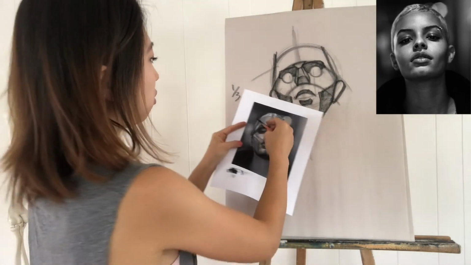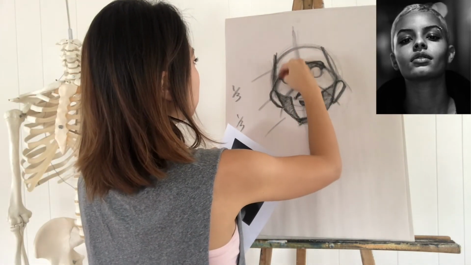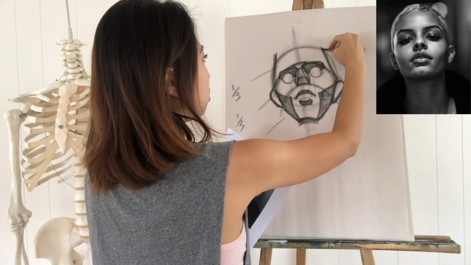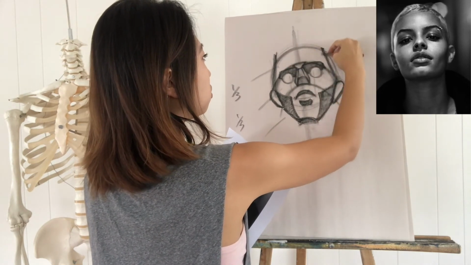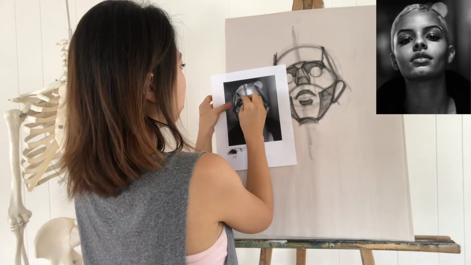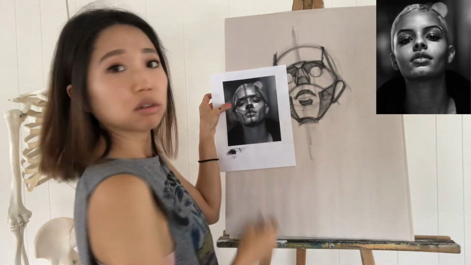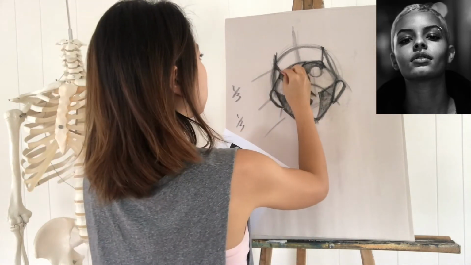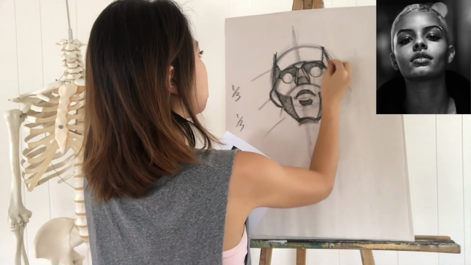And the temporal, this side, you can do this top part to the peak of the brow, and that's where you can kind of see these darker tones of the forehead. Shade it,